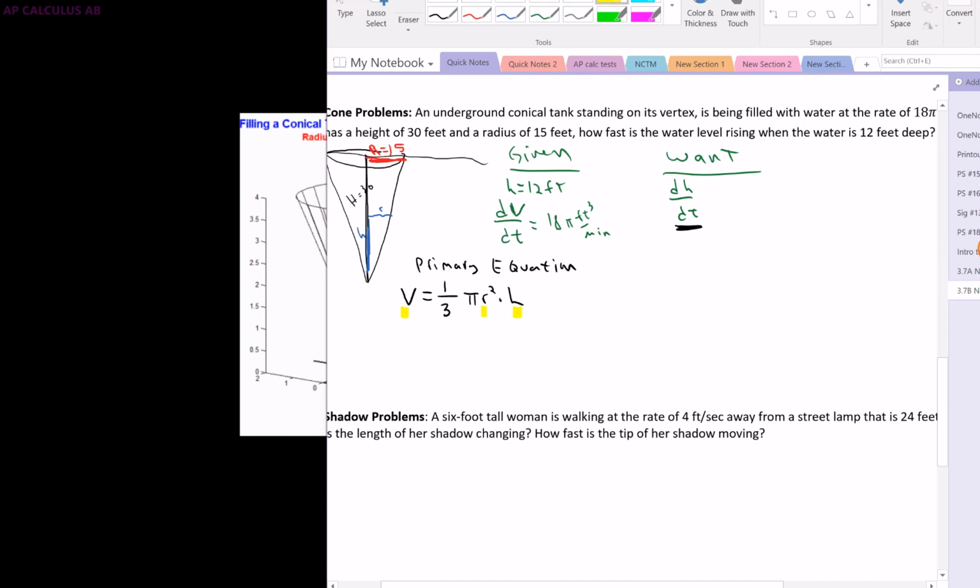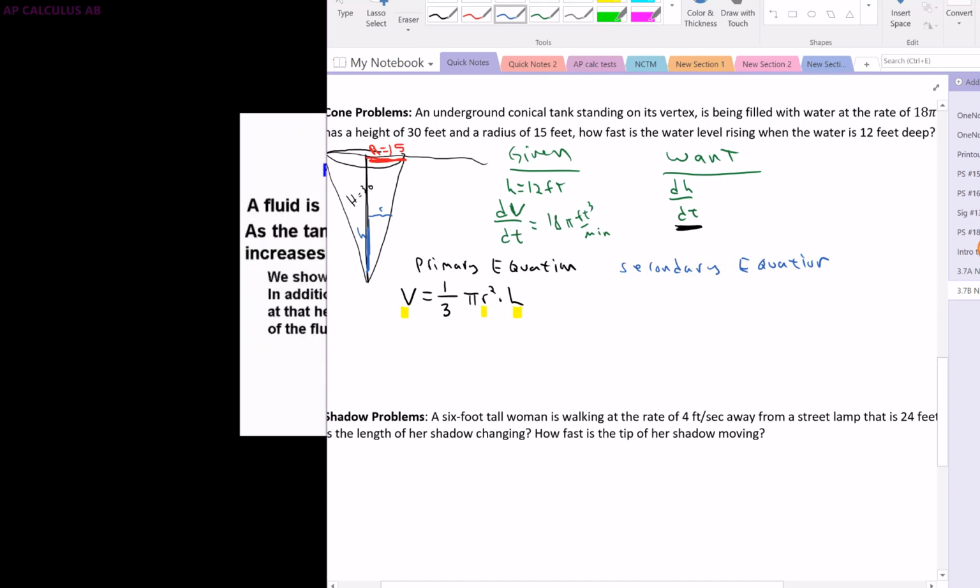That is usually a good hint that you're going to need a secondary equation, right? Because dealing with three variables, we don't have enough information for that. So we need some other information to help us with that. So what that's going to be in this case is